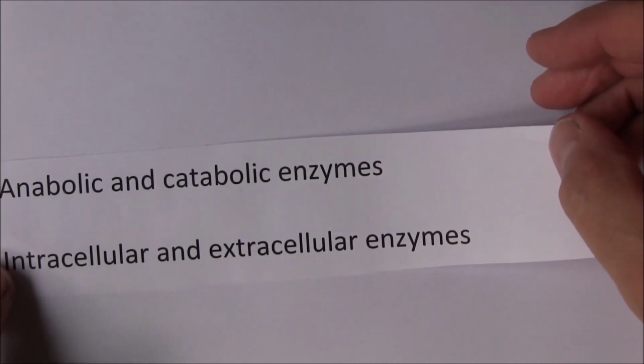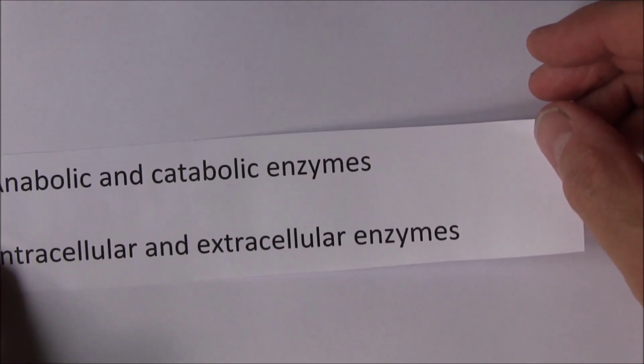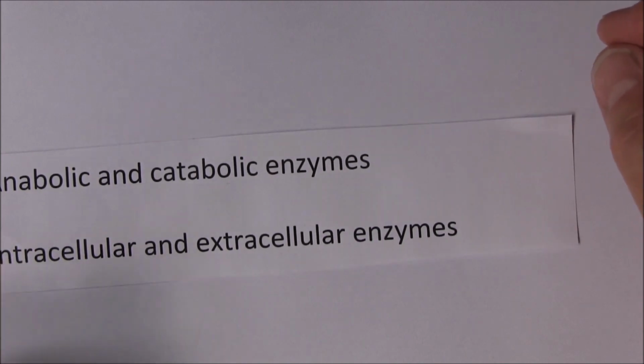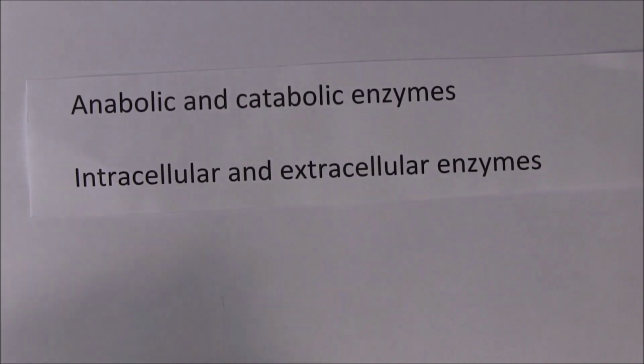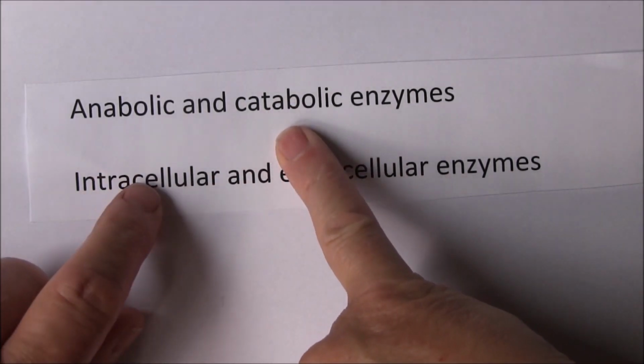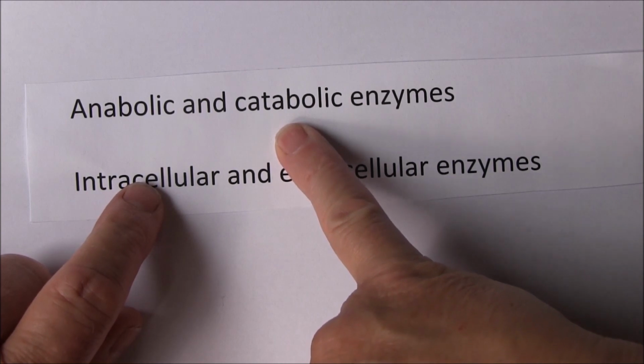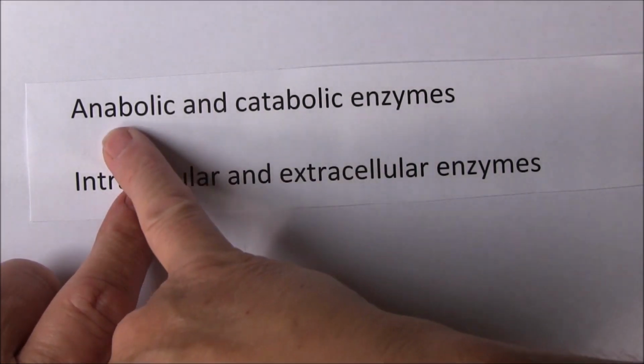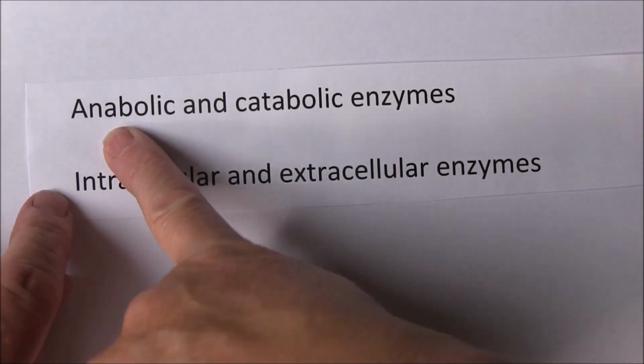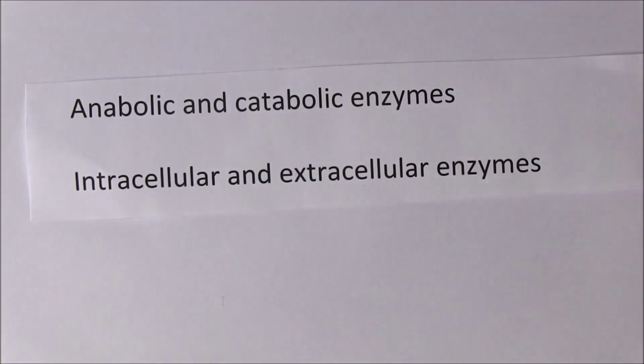Now, just before we go on to look specifically at the individual digestive enzymes, I think we'll just notice one more thing about enzymes. There can be anabolic enzymes or catabolic enzymes. So these hydrolase enzymes in the digestive system, are they going to be anabolic or are they going to be catabolic enzymes? Well, the answer is they're going to be catabolic, because a catabolic reaction is breaking large molecules down into smaller molecules, whereas an anabolic reaction is going to build smaller molecules up into a bigger molecule, such as